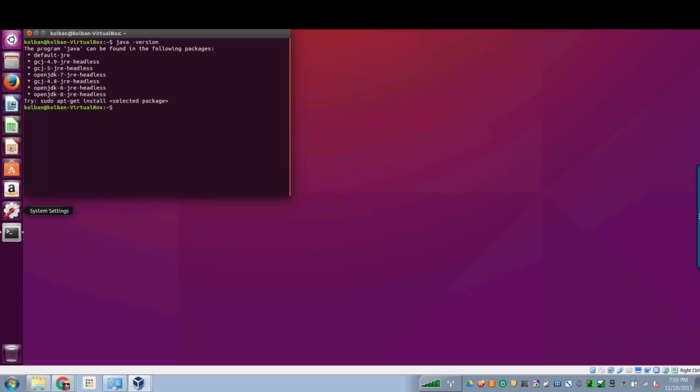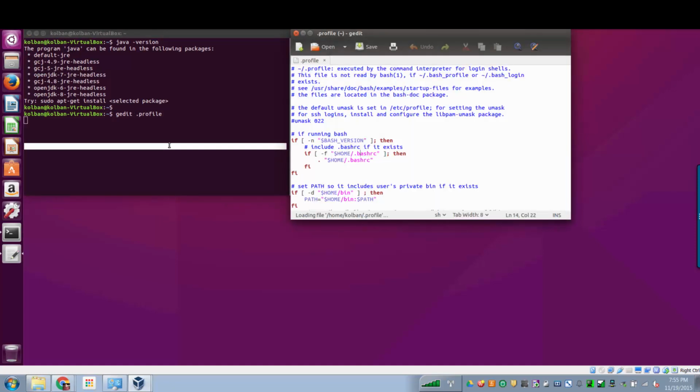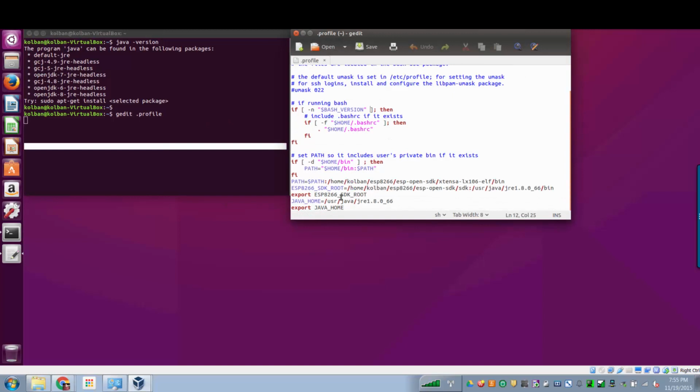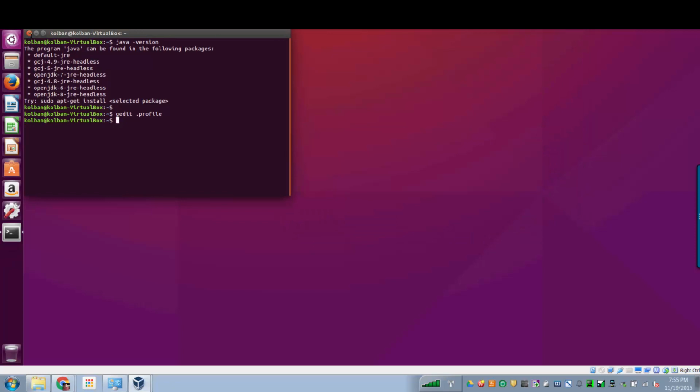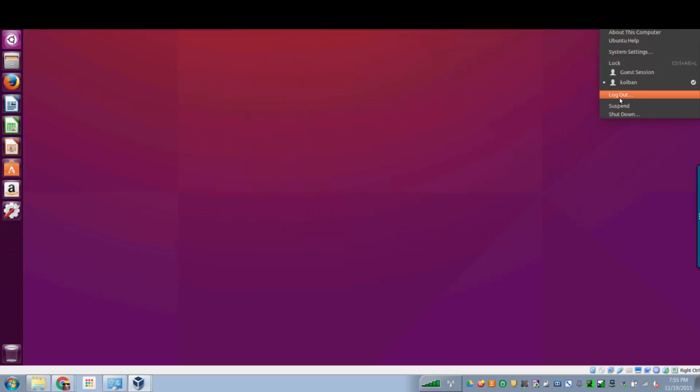Let's see. Oh, I know what I did. I made a mistake in my profile. So let's go ahead, gedit .profile. Gosh, making mistakes all over the place today. So here it is. I added my bin here. I added that not onto my path variable that I wanted to do. So let's Control X, Control V, there we go. I added it onto this environment variable and not onto my path. Duh. So save that, log out of my environment, and then log back in again,